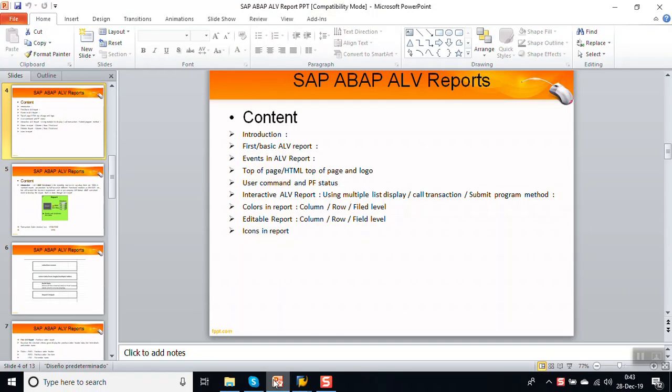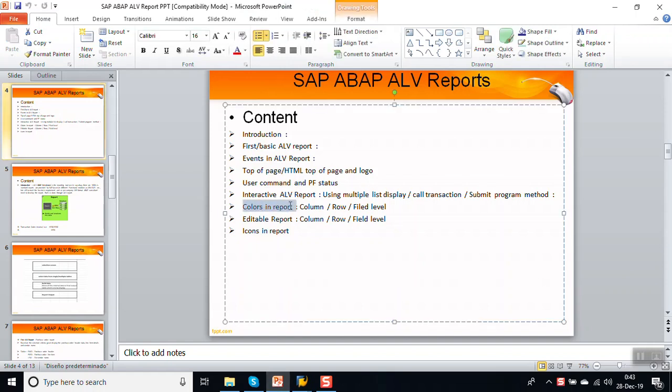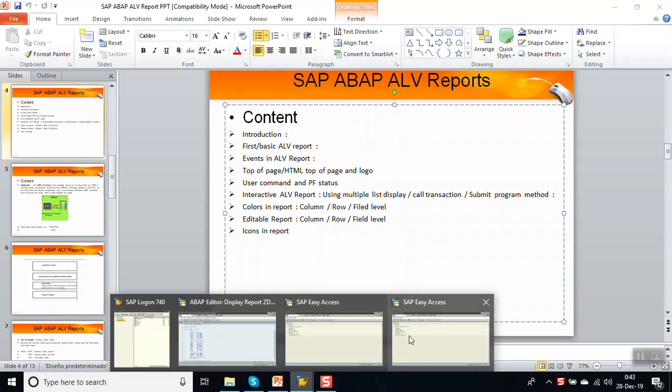Hello everyone. In the previous session, we have seen how to use the colors in the ALV report for the column, row, and field. So, in this video, we will see how to make the editable ALV report for a particular column or a particular field. For that, first go to the program,